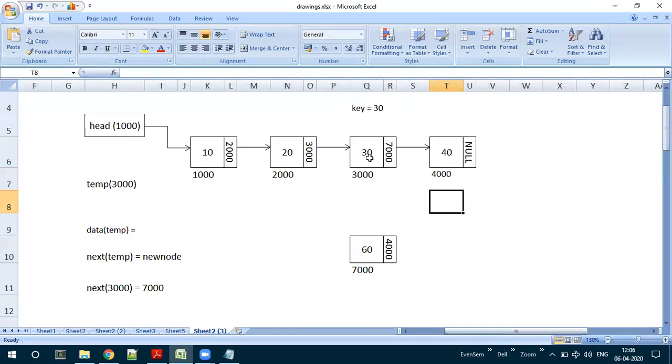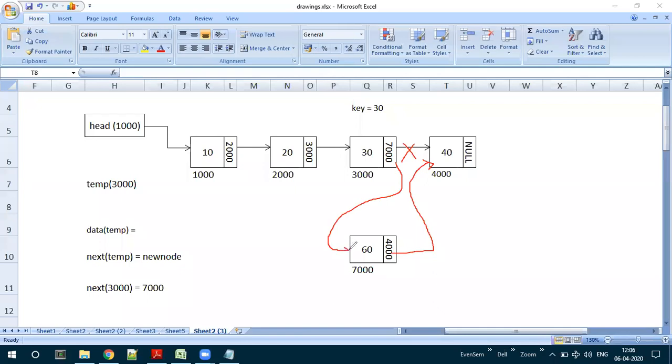Now see what we have done here. In this node 30, in the next field we have added 7,000, and in the new node, the link field we have updated to 40. We have broken this particular link, established this link first, and then established this other link.